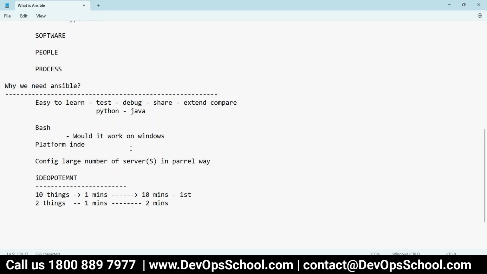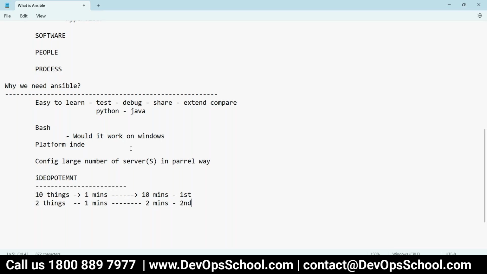Ansible has a built-in capability to check whether the desired state you are writing through code is there in the server or not. If it is there, Ansible will not make changes and moves on to the next resource. So this is called idempotency, where Ansible checks desired versus actual, compares it, and then makes a decision to do the changes in the server.